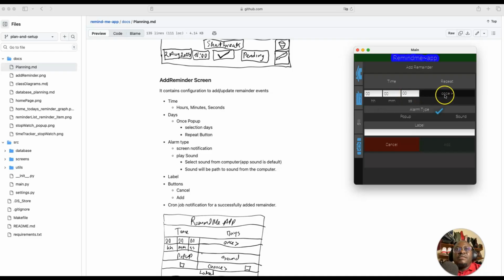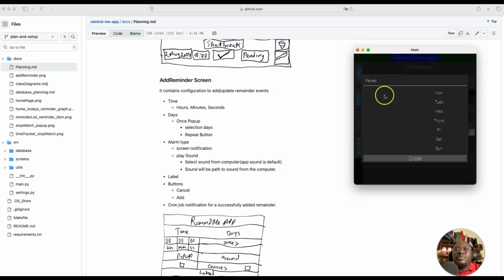And from there, for the days, here we're gonna change it to days. Okay, and when you click on this pop-up, we're gonna indicate if you want to repeat throughout these days, because right now if you select Monday, the event is going to run for all Mondays. So I want to make sure that only when you click on a radio button